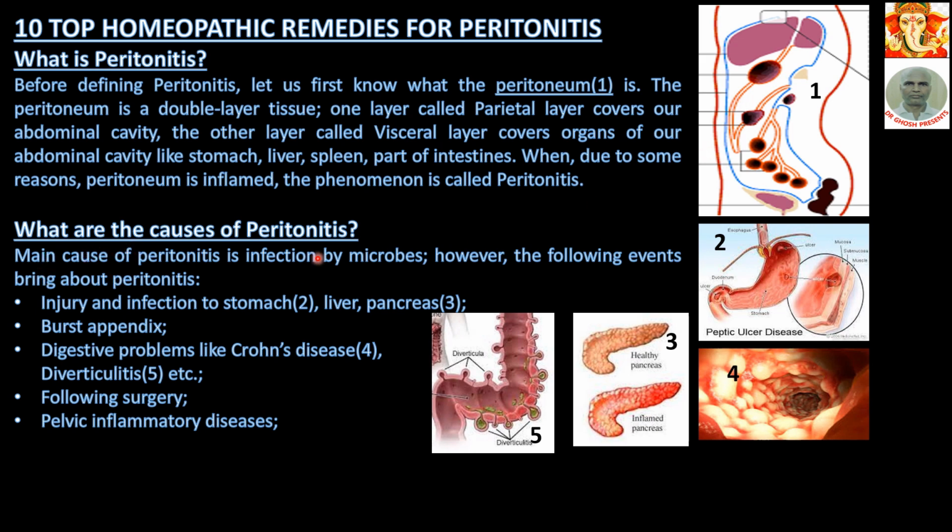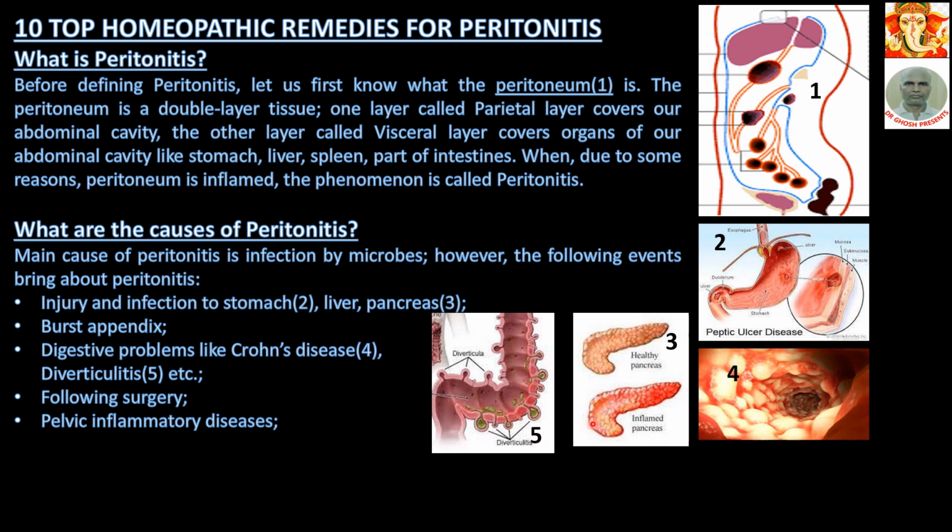What are the causes of peritonitis? The main cause of peritonitis is infection by microbes, bacteria, virus, etc. However, the following events bring about peritonitis: injury and infection to the stomach. Picture 2. 1. Peptic ulcer. There may be various things. One example is peptic ulcer. There may be injury also. Liver,